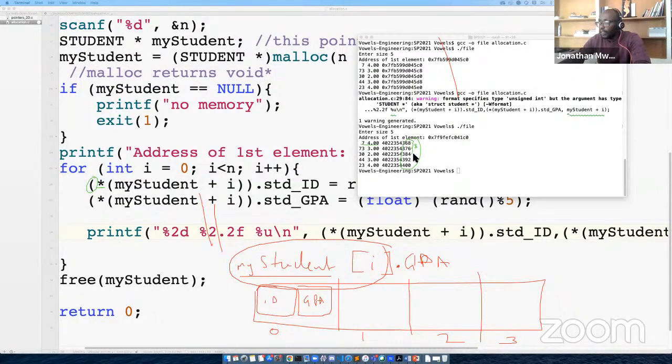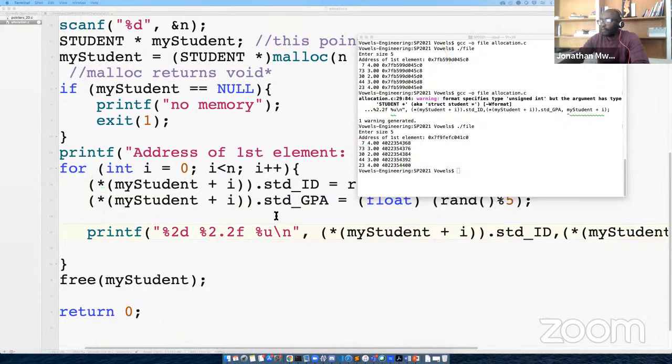Between 76 and 84, again 8. Again 84 to 92, 8. 92 to 00, 8 bytes. Which is basically equivalent to what I was saying before, that we have a block here. Each block is 8, 8, etc. So that's basically what's happening with these things. It's completely similar to how we made the integers look, only that the integers were just 4 bytes. Let's try to analyze this further and see what else we can do.